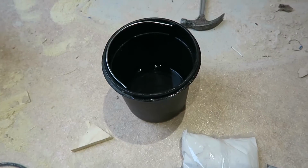Right, it's time for some easy fill. Right, Jess is asleep again, so quiet time at the moment. As you can see, easy fill's all on. I'll sand that off tomorrow, but